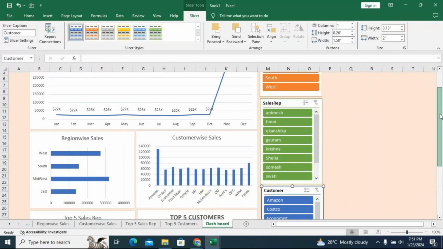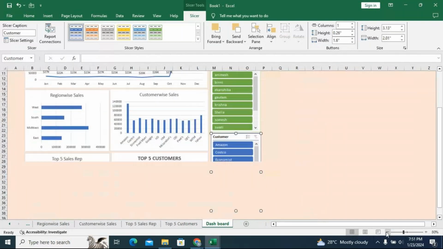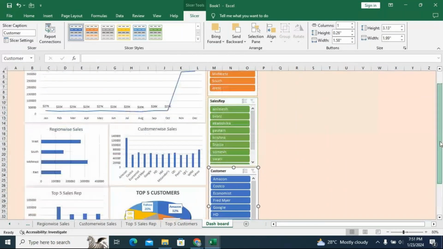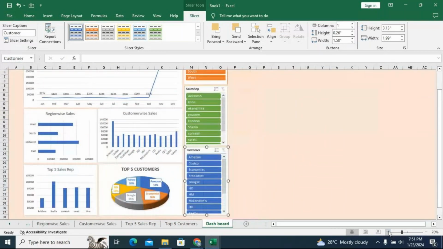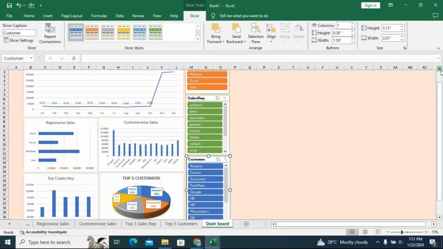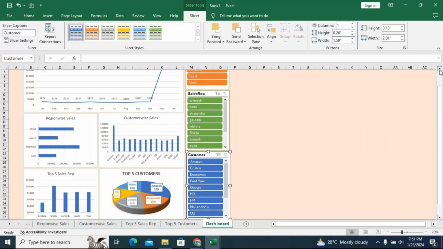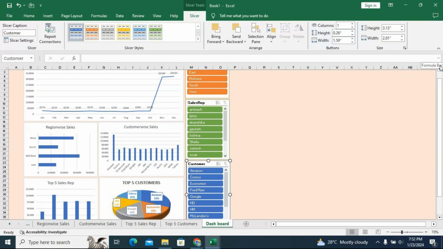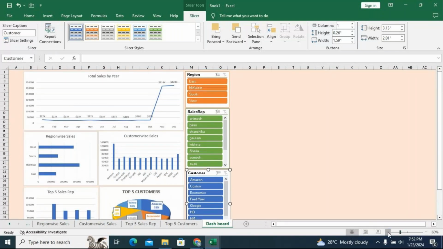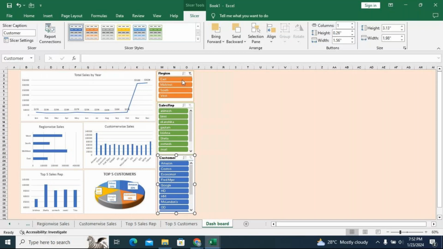Now I'll just reduce the size of the screen so that you should be able to view all the charts. I hope everybody is able to see all the charts and things. So now I have to work on the connections. When I click somewhere here, you can see the changes are getting applied only on the first chart,